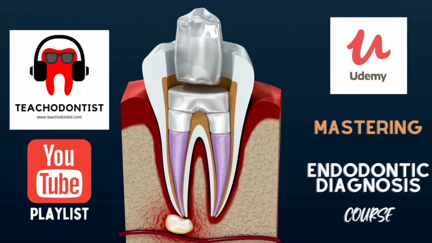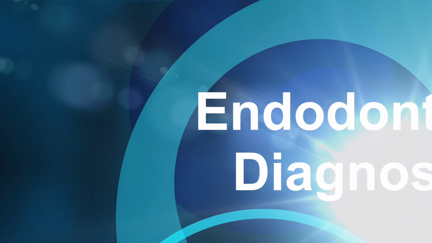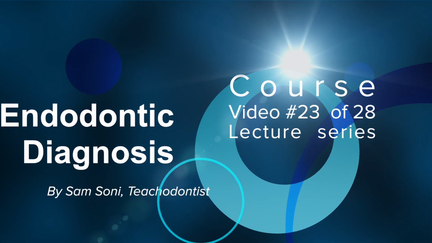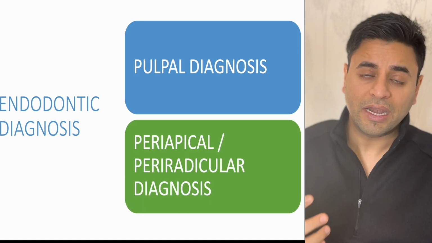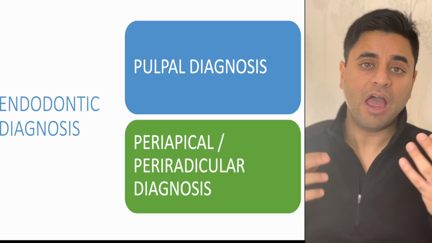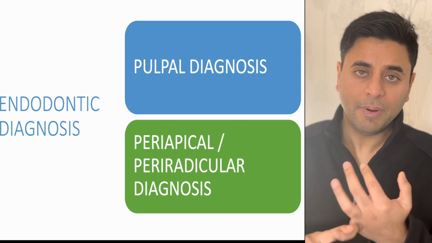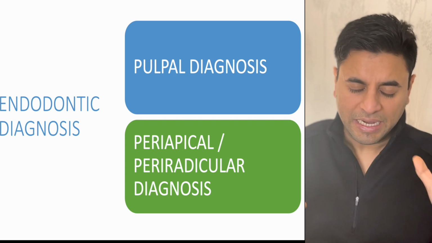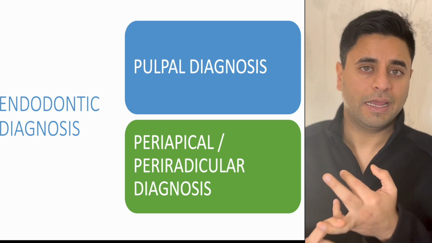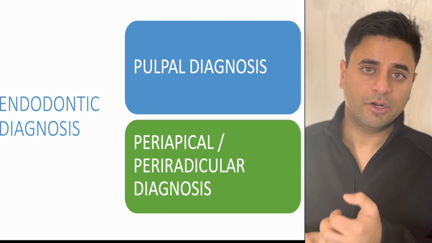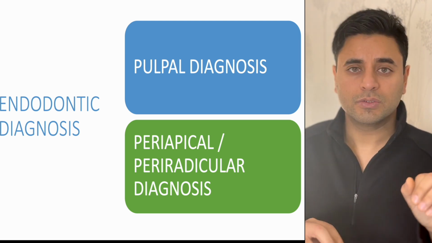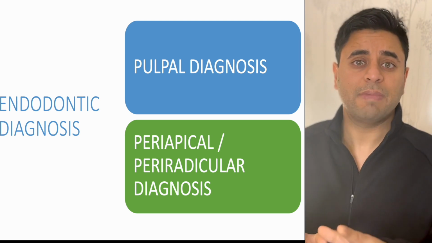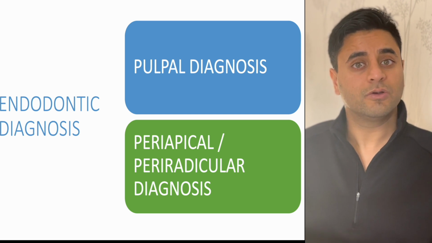Right now, let's jump into pulpal diagnosis. Just as we said earlier, there is a pulpal part of the diagnosis and there is a periapical or periradicular part to the diagnosis. So you have to always separately make a pulpal diagnosis, which is going to be completely independent of the periapical or periradicular diagnosis that you will make for that particular tooth, and vice versa. So these are two different things, and you will always mention both, that my pulpal diagnosis is that